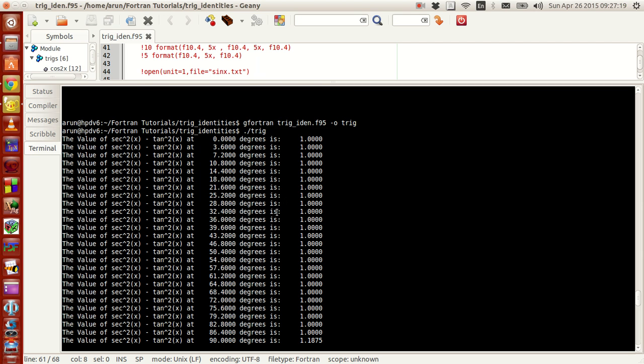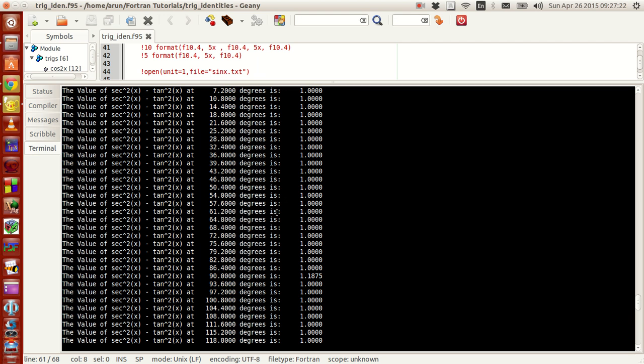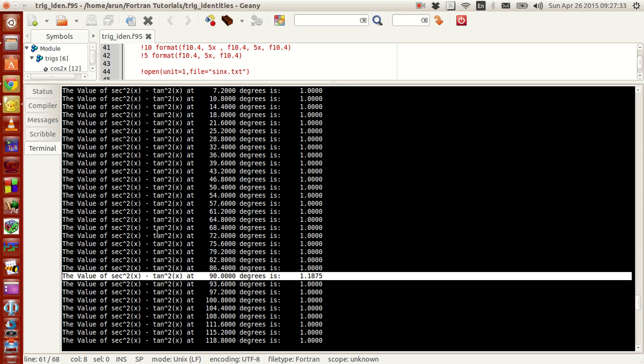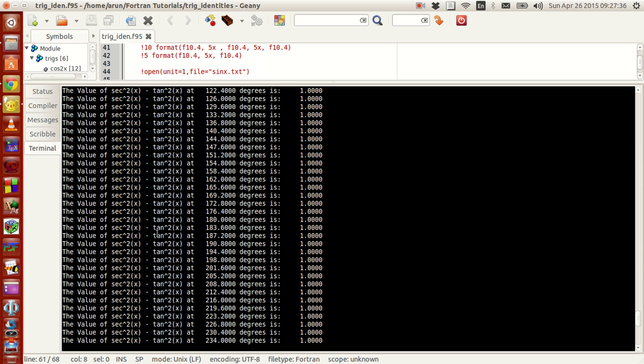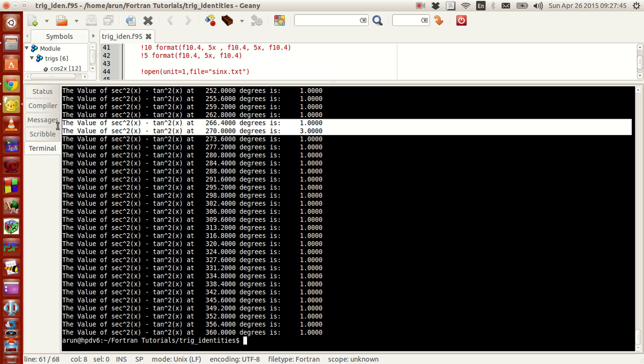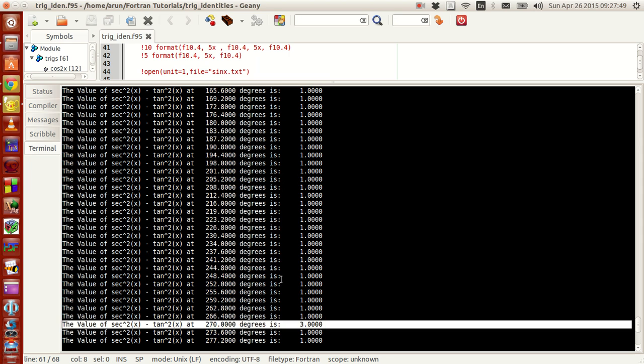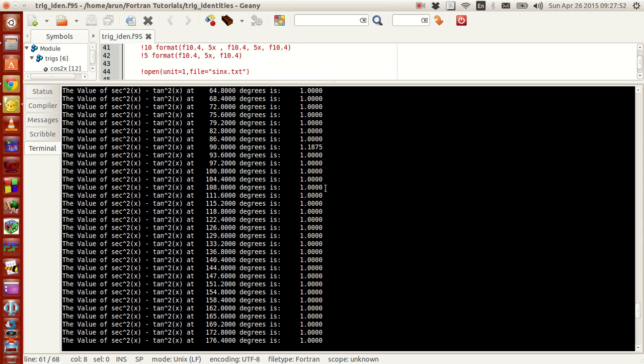Now if you look at the values, almost at all the places the values are turning out to be fine, except at some singularity points like this. Now the reason is because at this location, the values tend to go to infinity. I don't know if you guys can see this. Except for this point and at 90, this point,